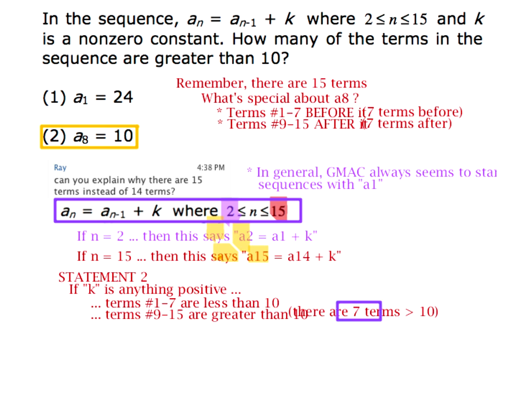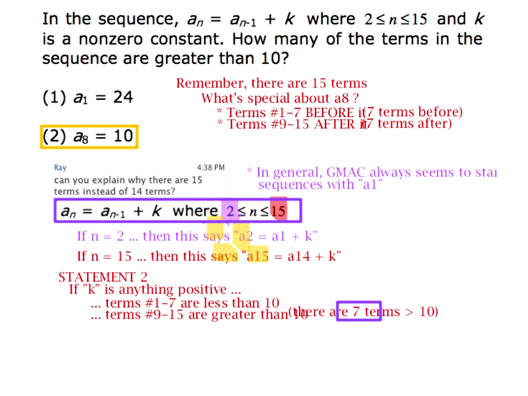If K is 0.001, then the first term is going to be 9.993, and then you'll have 9.994, 9.995, and so on. And then you get to 10, and then 10.001, 10.002. You could also have K as a million, billion, trillion, and then all the first 7 terms are huge negative numbers, and all the last 7 are huge positive numbers. But it'll always be more than 10 on the right of it and less than 10 on the left of it. So you just have to think about